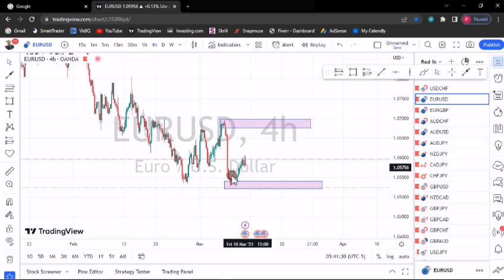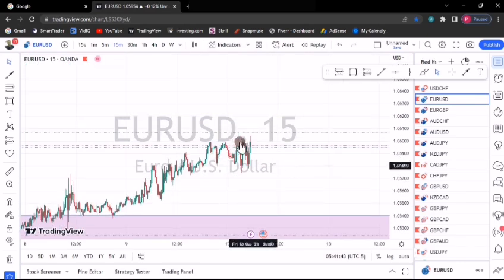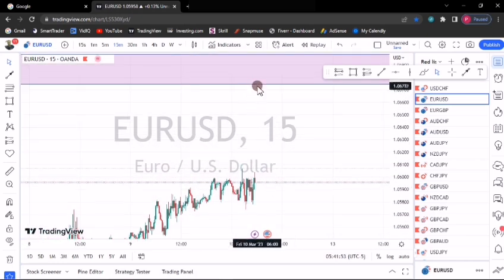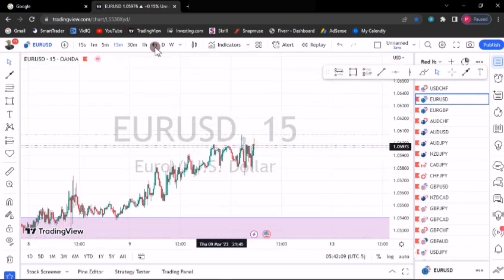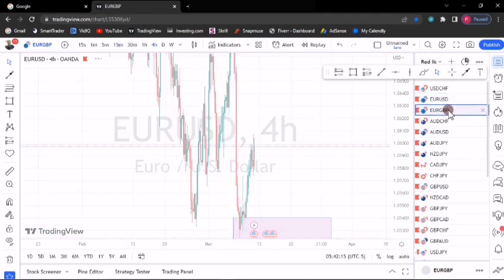So for now, maybe to see this trend, if I want to take a trade, I can switch to the 15-minute time frame. If I happen to find a trade here, this bottom key level is my take profit if it's a sell trade. If it's a buy trade, that upper key level is my take profit. Okay, so for now, there's nothing I see here. I'll just go back to the 4-hour time frame and move on to the next pair,